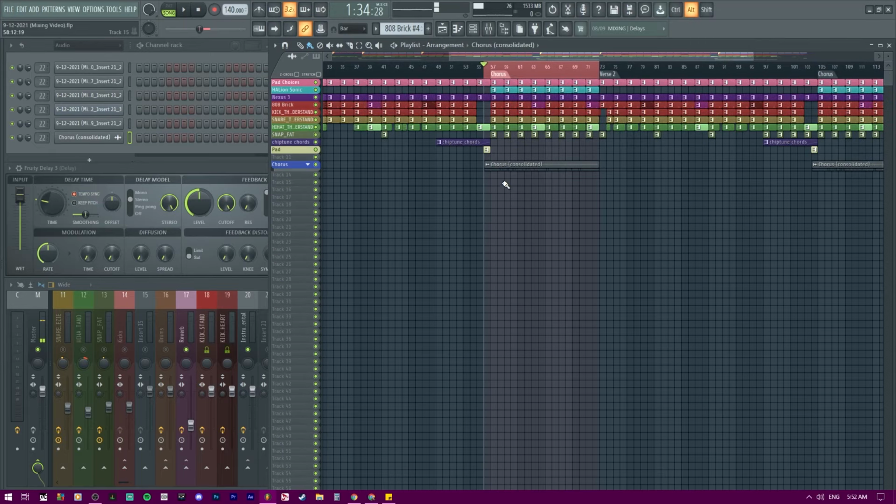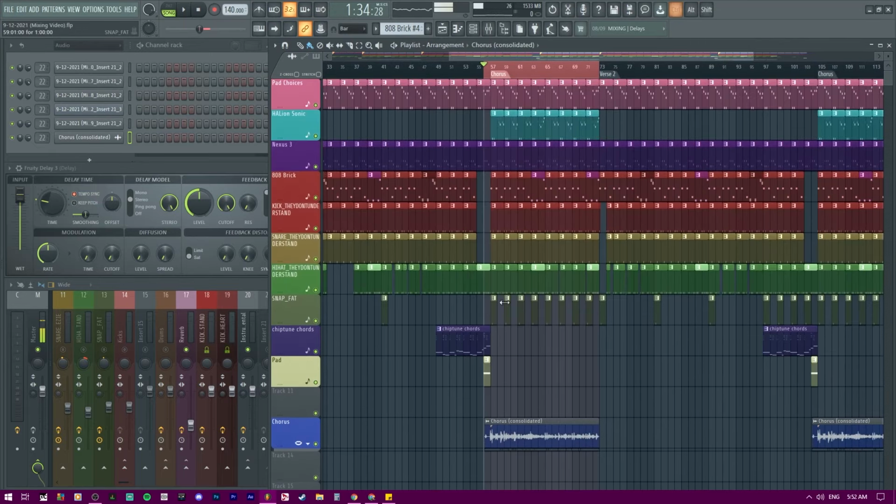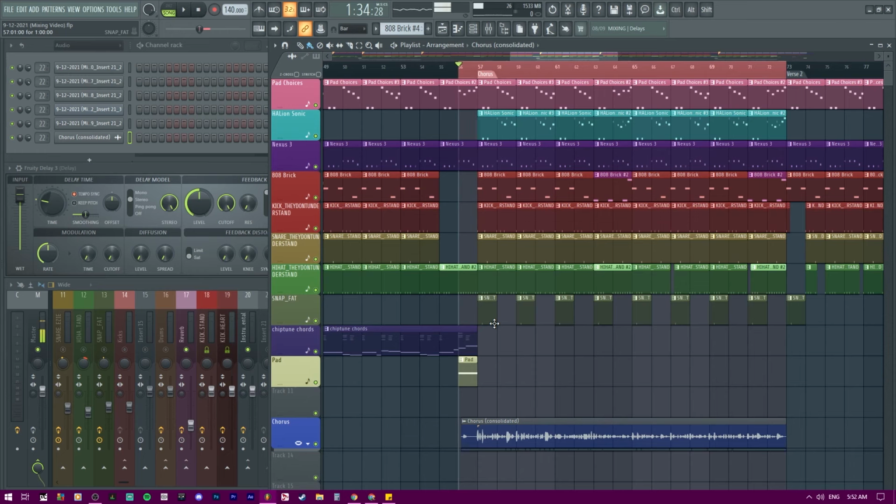So what is automation? Automation is when you move a certain value in your song, depending on whatever you want, and it pretty much follows and reads in the project as you play in the playlist. It helps to move certain sounds or maybe activate certain effects within the project wherever you want. That way we'll create movement in the sound.